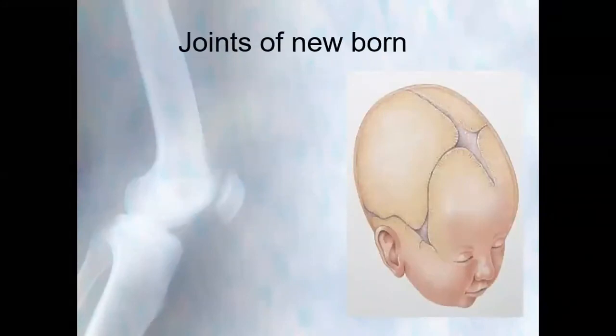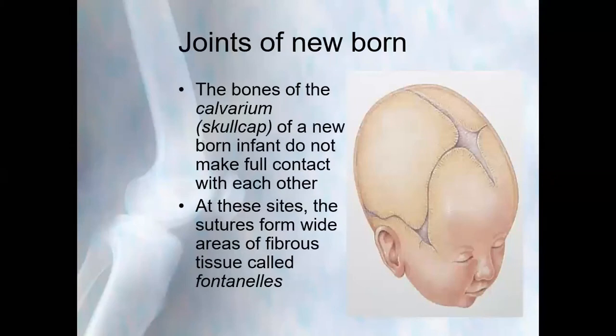The difference with the newborn skull: the skull cap is also called the calvarium. The newborn skull does not meet together at the time of birth, and there is a space between the skull bones called the fontanelles, covered by fibrous tissue. These fontanelles are completed 18 to 24 months after birth.